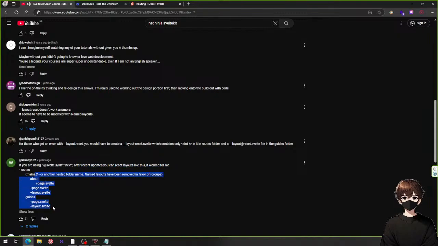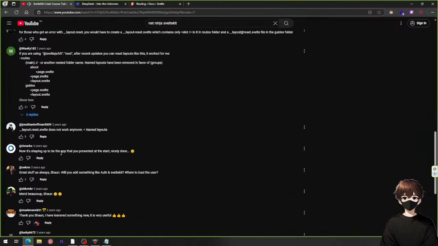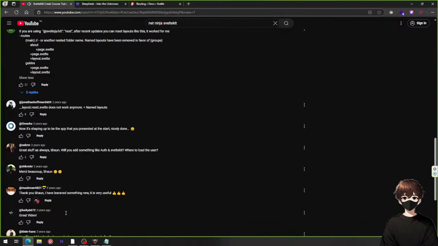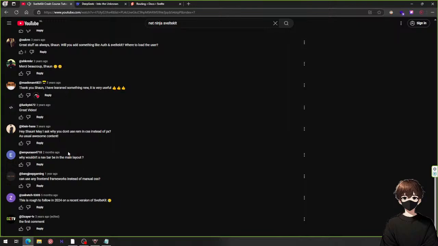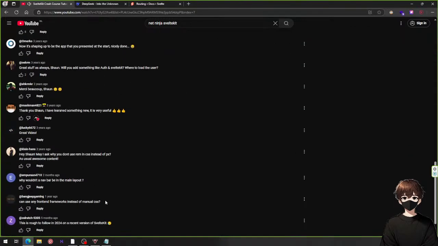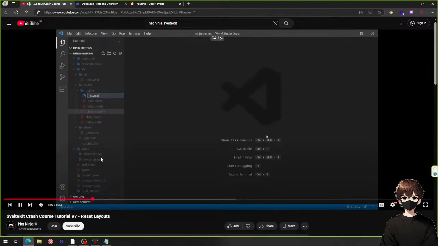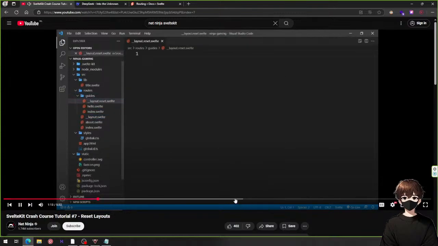So to do that, we have to make what's known as a reset layout, and that's what we're going to do in this lesson. Now, a reset layout is just basically another layout component, and we place it inside whatever folder wants a new layout for those components. So I want it inside this guides folder, so I'm going to create a new file, and then instead of it just being called layout.svelte, it's layout.reset.svelte. And this tells SvelteKit that, hey, for